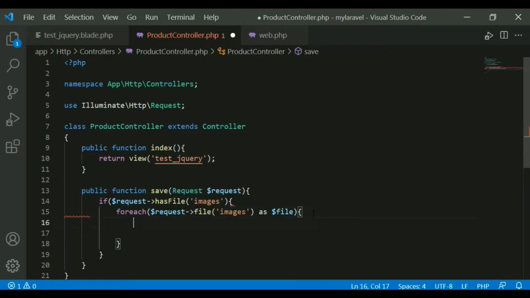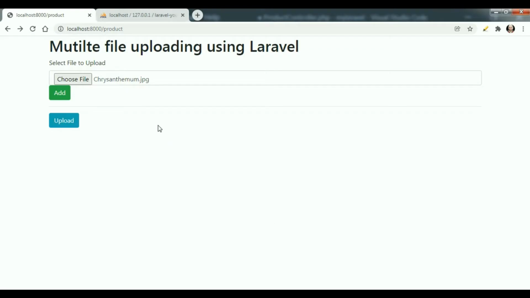Okay, now I am getting the information of one particular file that I want to upload. Before uploading, I want to create a unique name for my file. Suppose I am uploading this particular file. This file may exist, so I want to give a unique name.